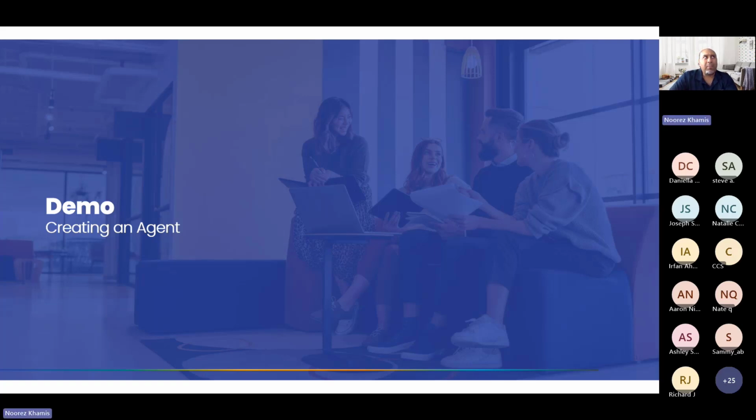Oh, they used to have the SharePoint user license. That might have been there, but now it's changed. So that's the question. But with the M365 Copilot, you do have access to it if you have that license already. That was a question from Joseph and Ashley. Okay, so let's quickly demo